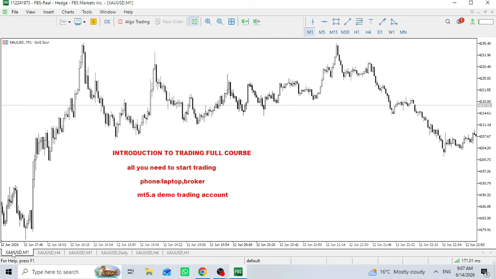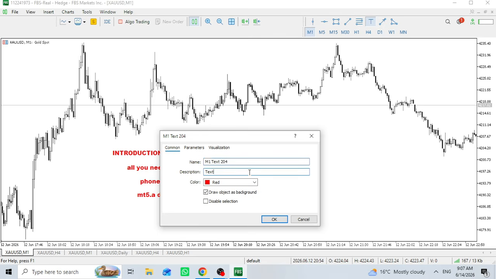Now, there are key forex terms you should be familiar with. You should be able to know what is a pip, and how to calculate pips. Remember, how you calculate a pip for gold is different from how you calculate a pip for other pairs. Let me write all of them here. Pip. You should know how to differentiate between spread,